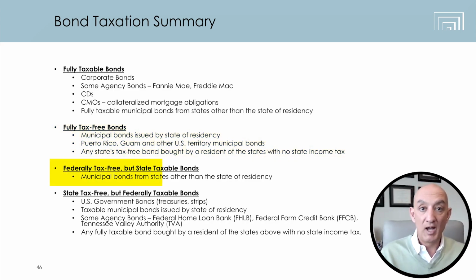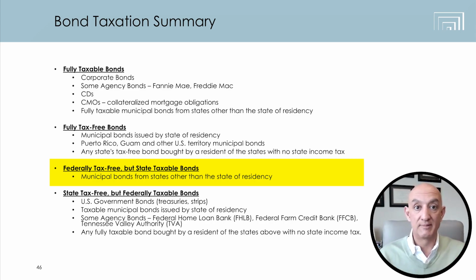But if you're a California resident, for example, and you buy a Washington state bond out of California, you're going to have to pay California state tax. So for the states that have income tax, those holders pay tax on bonds of outside states. So most people in high tax states tend to want to buy the bonds of their own states. But the ones that are in those states where they don't have an income tax can buy municipal bonds from all 50 states because they're federally tax-free and there is no state income tax. So those are fully tax-free bonds.